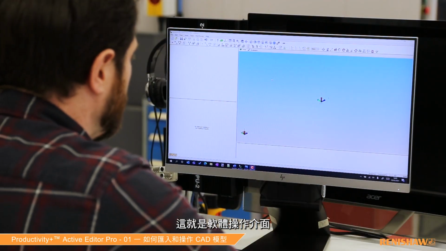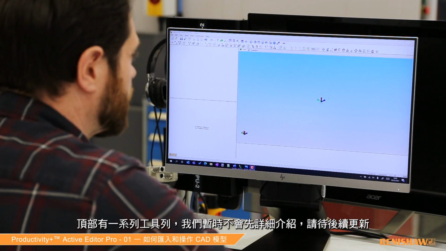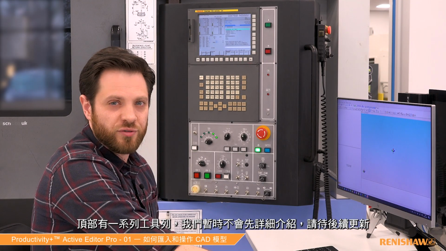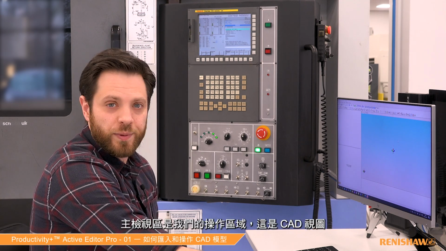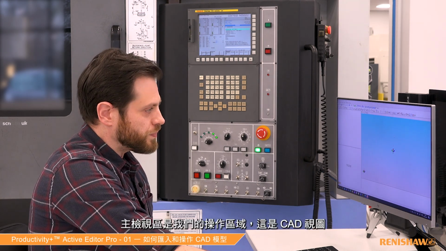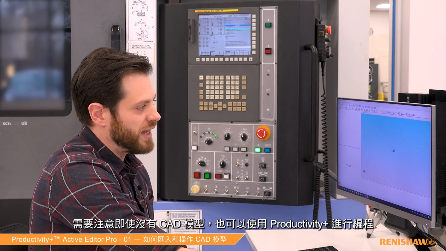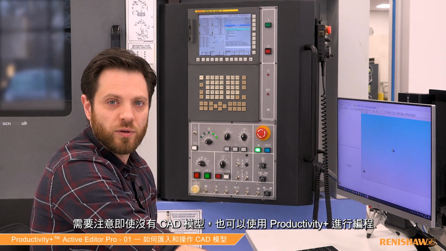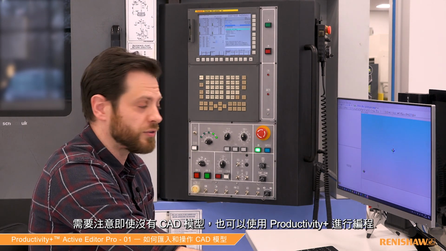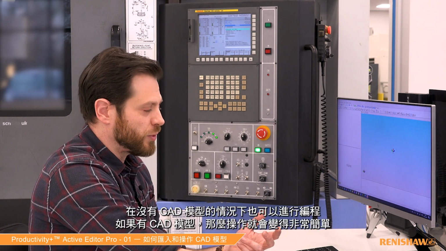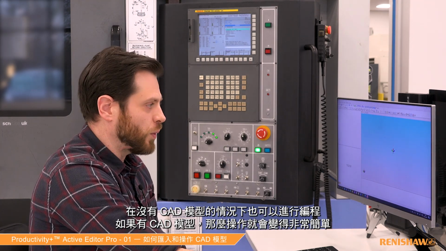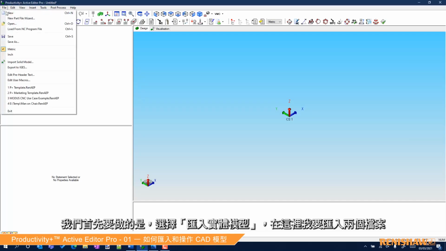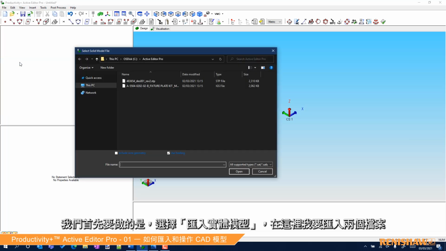So this is the environment here. We have a series of toolbars along the top. We're not going to get into a lot of that in this video. That will probably come later. The main view here is where we'll be working, and that's our CAD view. So it's important to note that you don't need to have a CAD model in order to program Productivity Plus. You can program without and set positions, but of course it just makes things really, really easy if you've got one. So the first thing we're going to do is select Import Solid Model,